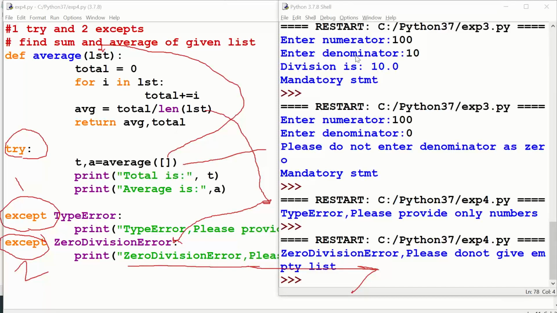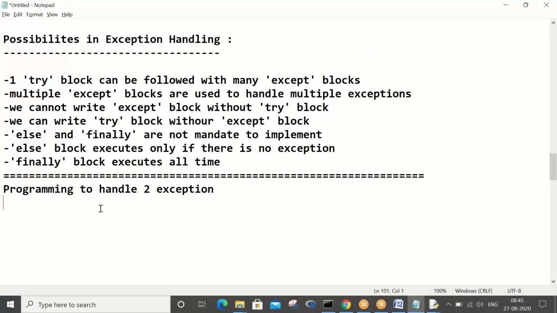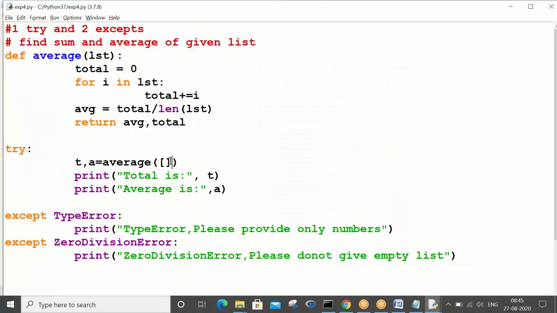Okay, so just take this. What you have to do is mention after the program, the first time, what you have to give in the list.